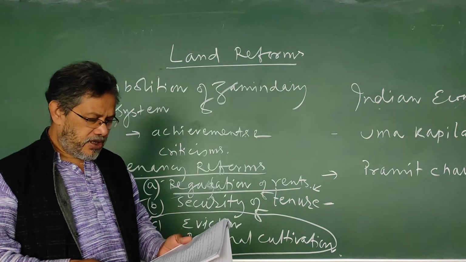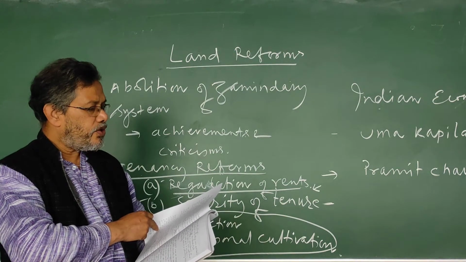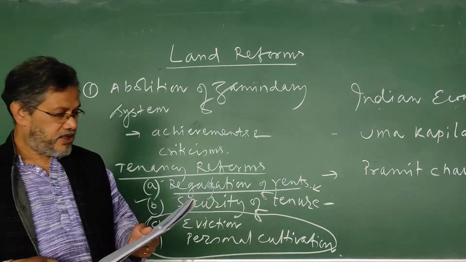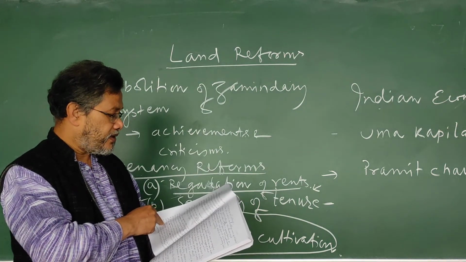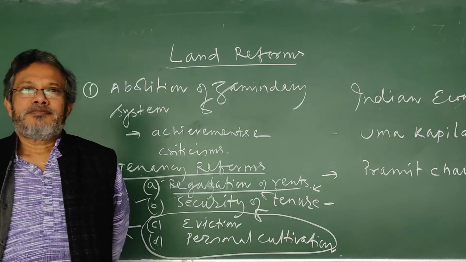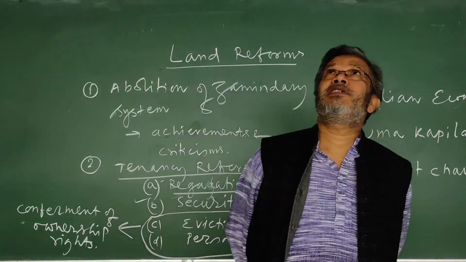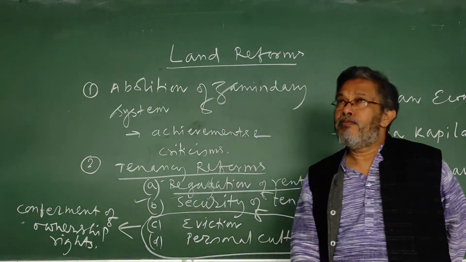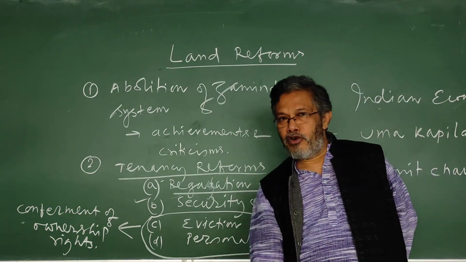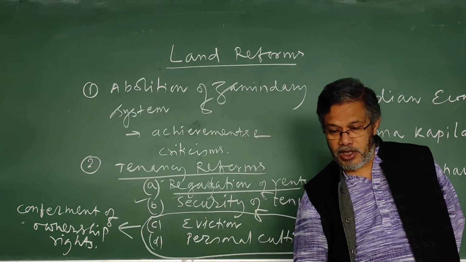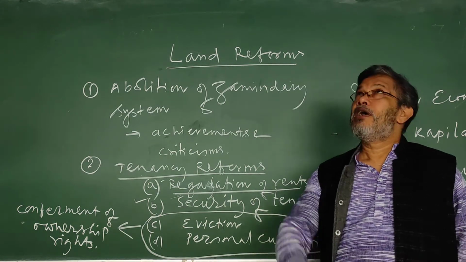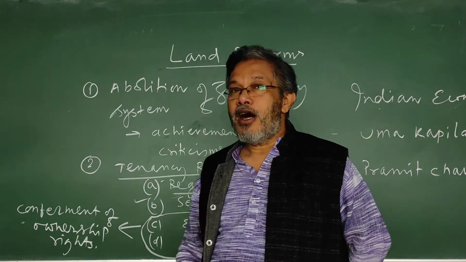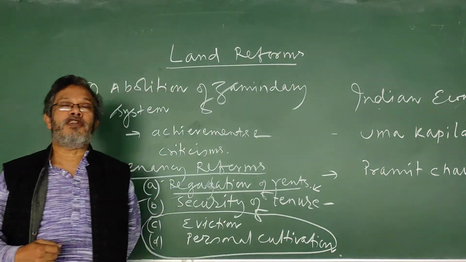This is all about tenancy reforms. Next, we talk about ceiling on land holdings. What is that? Ceiling on land holdings means, you just see, I'm just standing in a room. There is a floor, which may be called the lower limit, and there is a ceiling which may be termed as the upper limit. So ceiling means upper limit on the holdings of land,